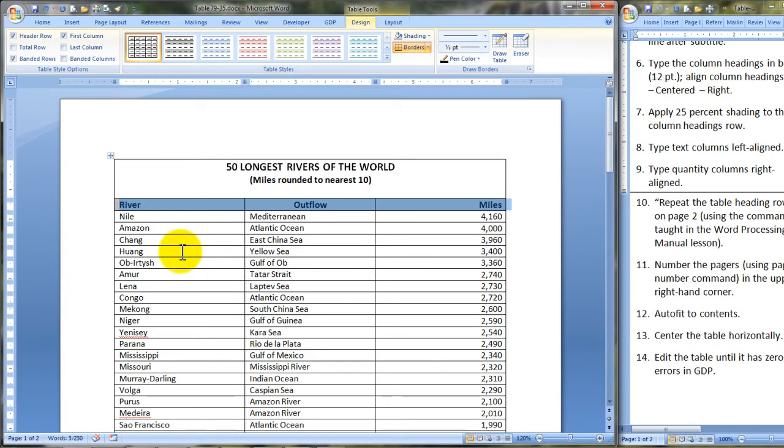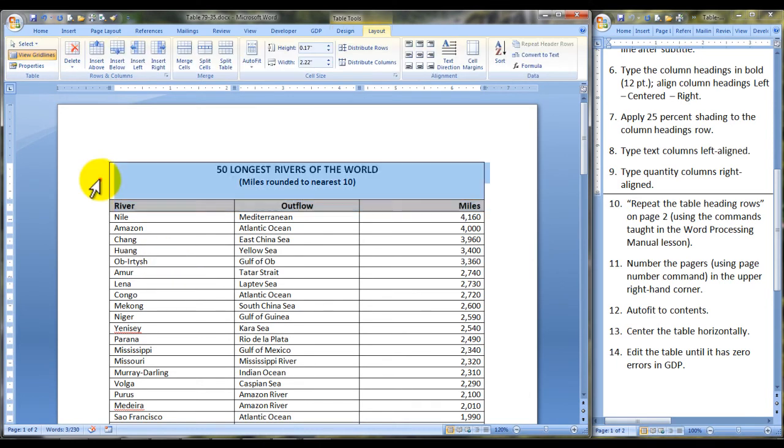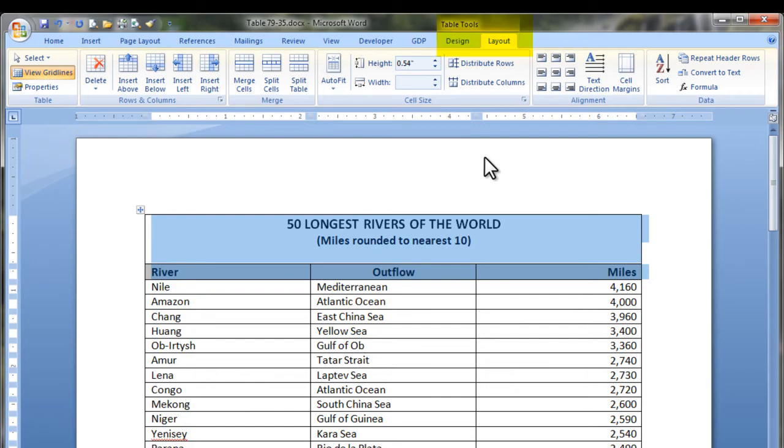Okay, the next step is to repeat the table heading rows. It's the first step. Select the information you want to repeat. So we've selected row 1 and row 2. Then, as in your word processing manual, lesson 79, page 133, move to the Table Tools Layout tab and the